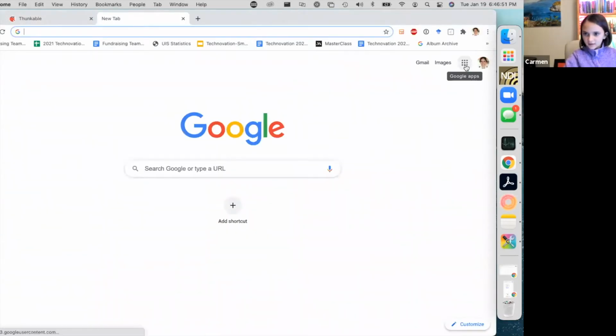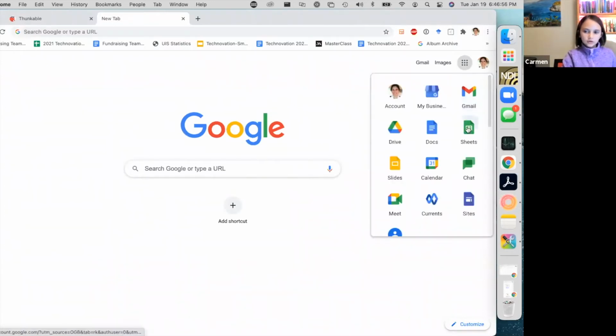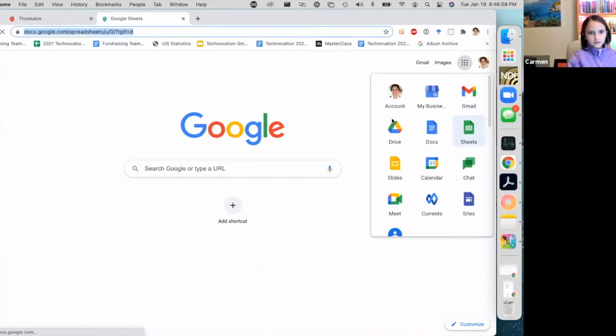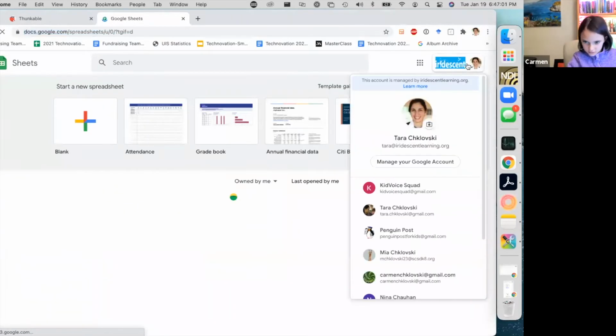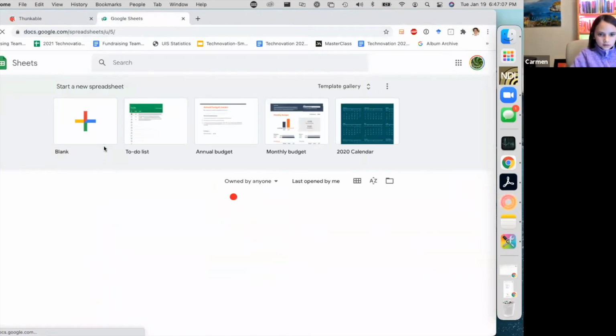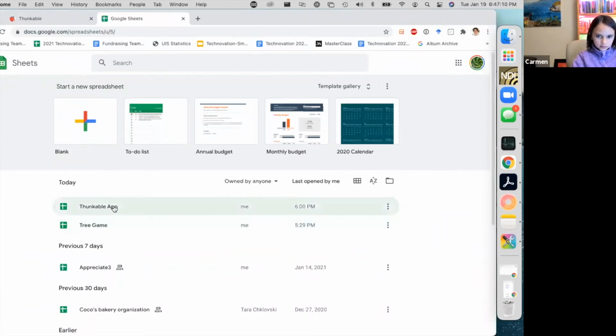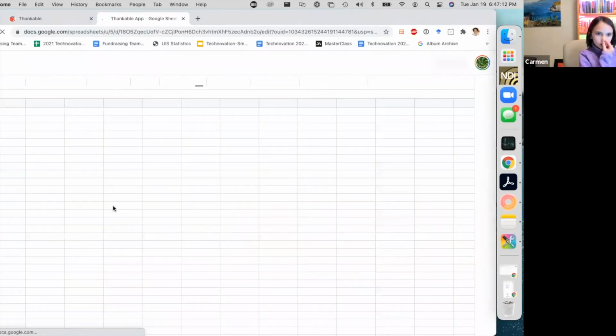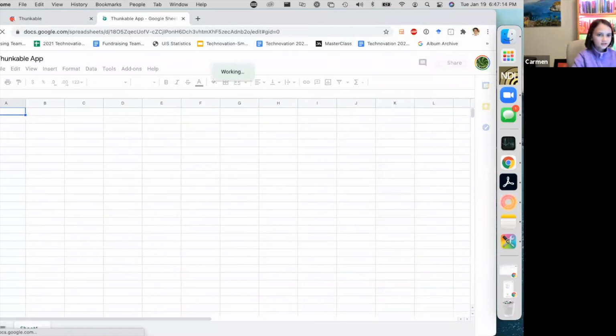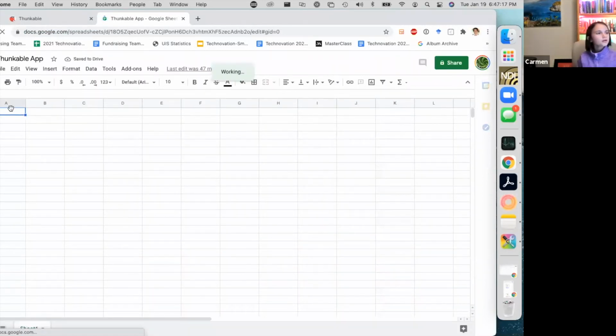You'll find like 9 little dots when you open a new tab in Google Chrome. Click on those and click on Sheets. I just need to change this account to mine. Okay. And then create a new sheet. I already created one, so just create a new sheet. You can press the plus button that says blank. Click on that. Then at number 1A,